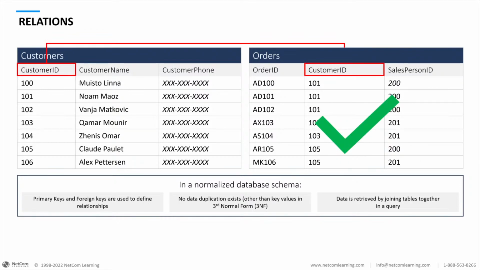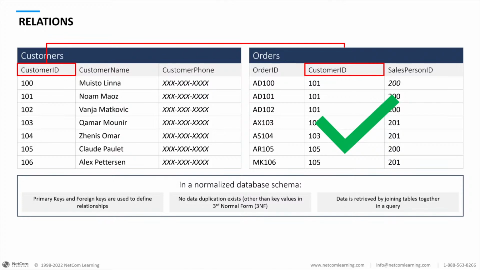So here we've got the relations. Sorry, in this database, this is normalized, right? So here we've got our primary key and foreign key relationships. This defines the relationship. The primary key field is always going to be the first column, by the way. When we're doing it physically, it's going to be the left-hand column. It's always going to be the first column. So we've got customer ID related to both tables. In the parent table, it's the primary key, and in the secondary table, it's the foreign key.